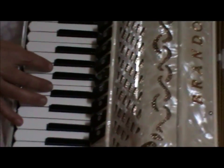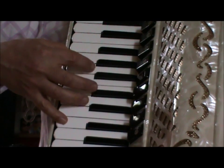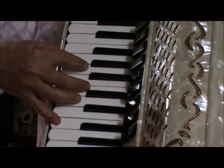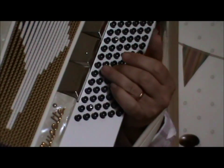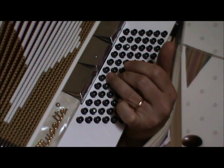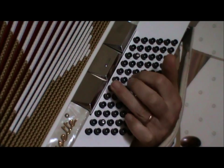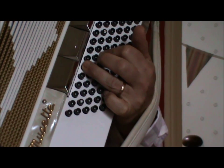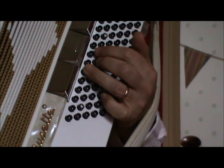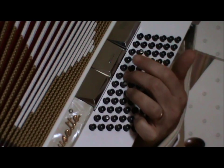If you really want to know what it's called, we've got the added 7th in the F, the added 9th and the added 11th. So you could call it G11, but it's crunchy. So here are those chords again: a straight C major chord, then an E bass note on the counterbass line with a G chord, then the same concept but the other way around: a D with an F chord, a G with an F chord,